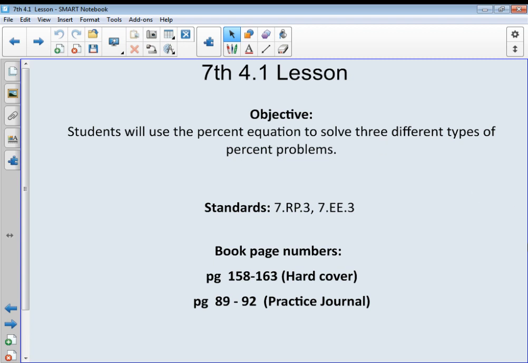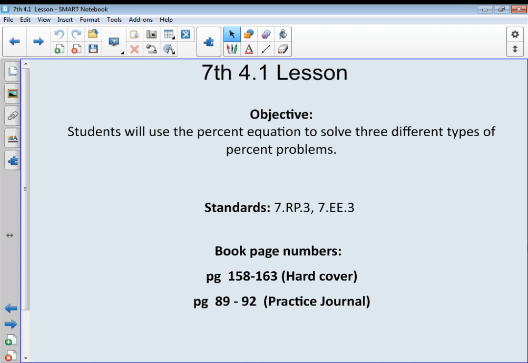This is 7th grade lesson 4.1. In this lesson, students will use the percent equation to solve 3 different types of percentage problems. The standards covered in this lesson are 7RP3 and 7EE3. The page numbers out of the hardcover book are pages 158 through 163 and pages 89 through 92 out of